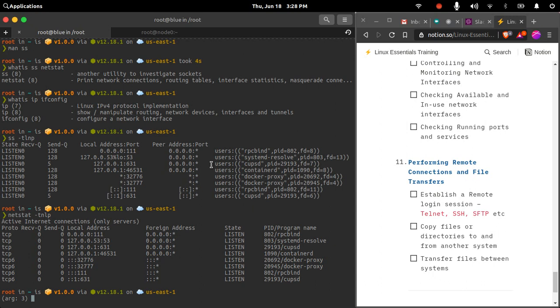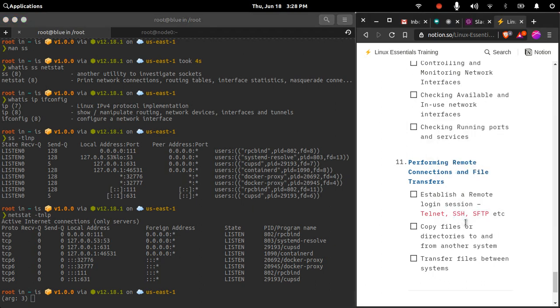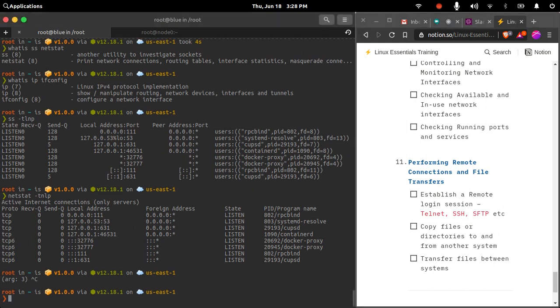You will use TCP based protocols to connect to your Linux system, and you will use a few applications. By default, to communicate to any Linux system you use SSH. Secure Shell is a network protocol that is basically used to communicate to a Linux system. It is secured in the way that whatever you type when you connect through SSH is encrypted and sent to the target server.